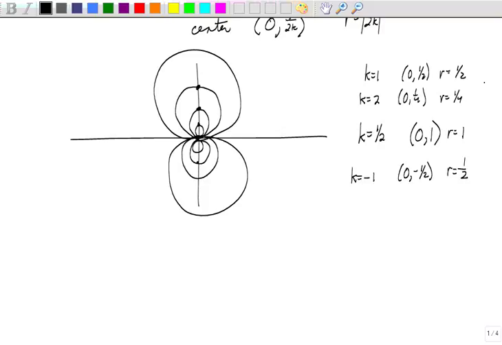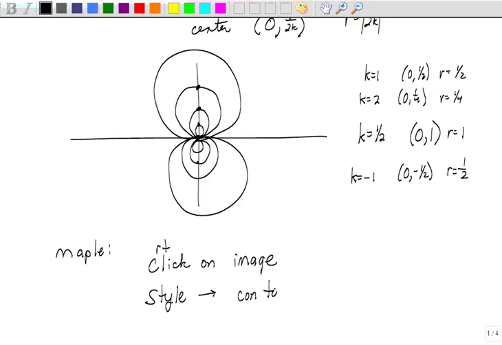Those are the level curves. And in Maple, once you sketch it, you right-click on your image, and it gives you choices on the style. You can go to contour, and then you can turn it around and rotate it to see what the contour map would look like of that function. Okay, I hope this